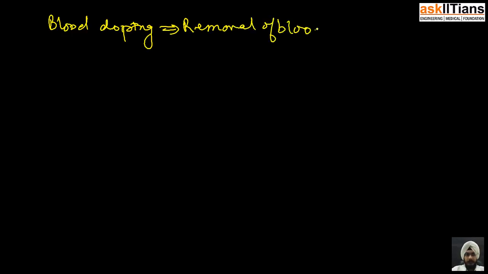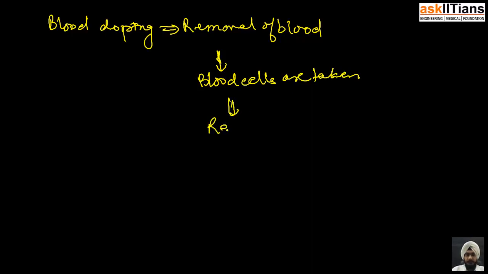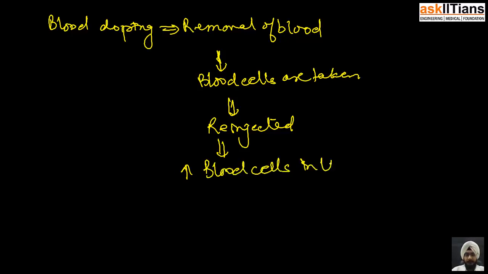So blood doping, as the question says, is the removal of blood, and from it blood cells are taken and they are re-injected. What this procedure does is increase the blood cells in the system,